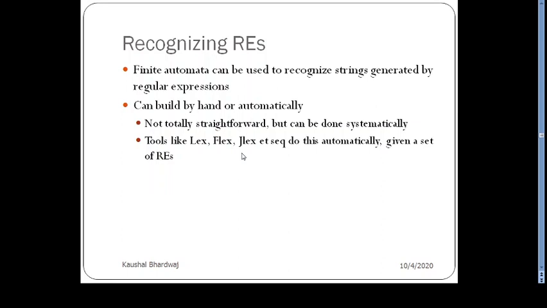You can definitely design a finite automaton, which you already studied in your course. However, some tools are also available. We call them lex, maybe flex or lex. They will be helpful in automatically generating the finite automata.